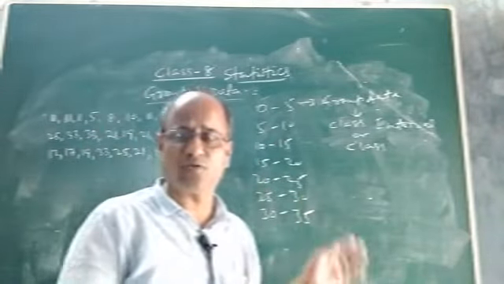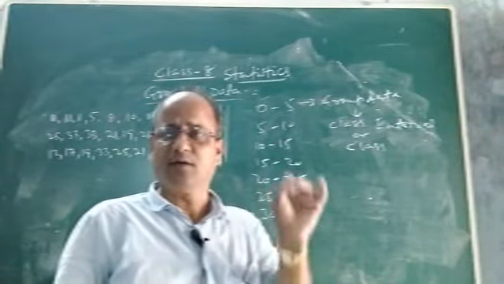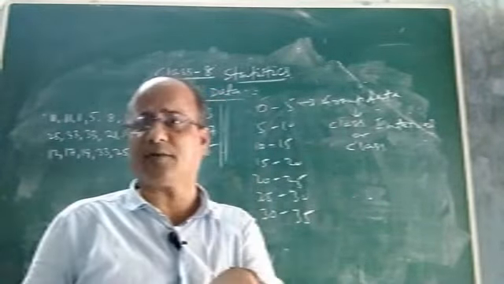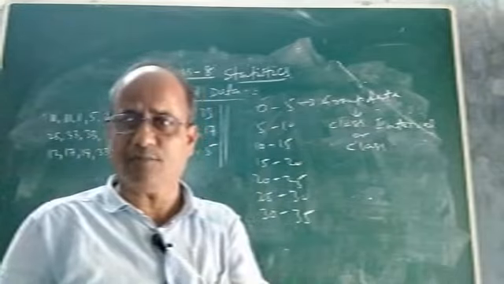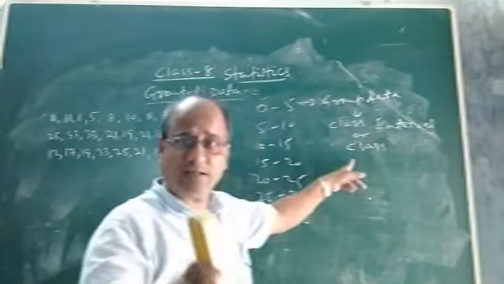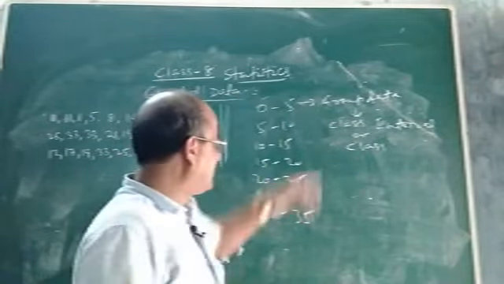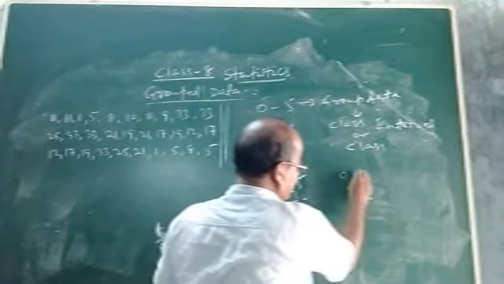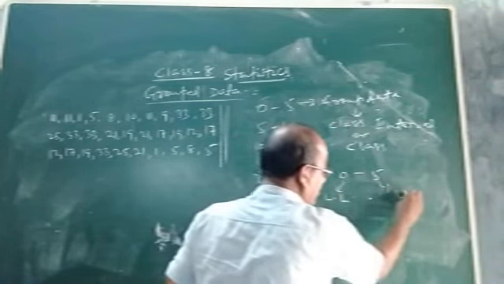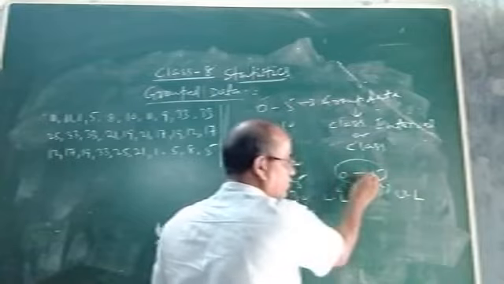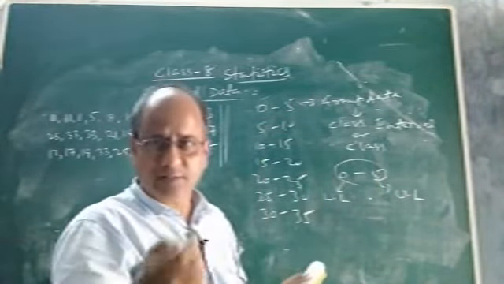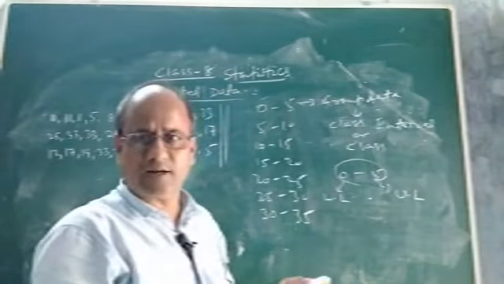Children, I hope you understood what is group data. Group data means between two limits, between the lower and upper, we have to keep some number of scores. Then it becomes a group data, which is otherwise known as your class or class interval. And another thing you remember: in 0 to 5, 0 is called the lower limit and 5 is called the upper limit of the class or group or class interval. So this is the concept of group data. Then we will discuss some other things related to group data.